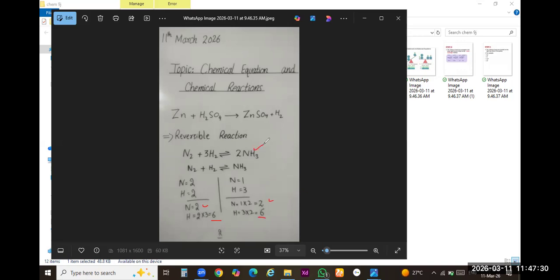Basically, it's a way to balance the chemical equation. But first of all, class 9, keep it in your mind. You should know about how to write the chemical formula. Then you can easily solve the chemical equation. From the board point of view, I would like to tell you, there are so many questions in which you have to complete the chemical equation. Like reactants are given and you have to find out the product. How can you find out the product? You should know about all these steps which we have discussed in today's class.